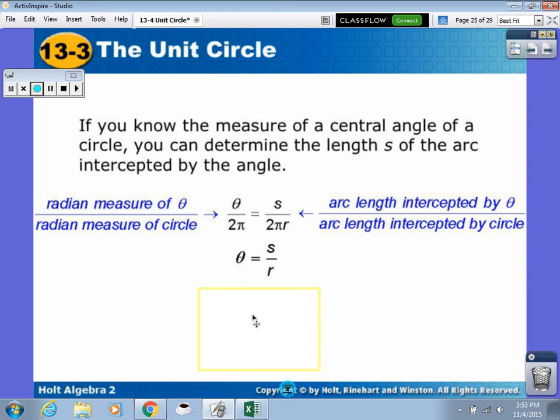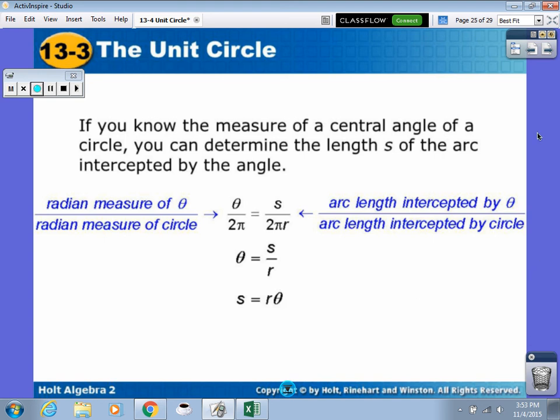When we go ahead and solve or simplify, we end up determining that the angle theta, or the radian measure of it, is equal to the arc length divided by the radius, or r. And we can then further simplify that because we want to find out what the arc length is. S is the arc length. We want to figure out that our arc length is equal to the length of the radius multiplied by the